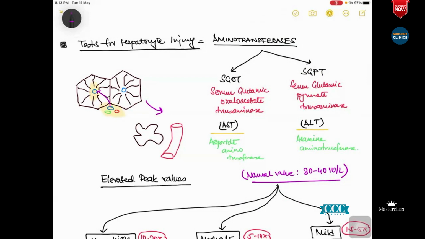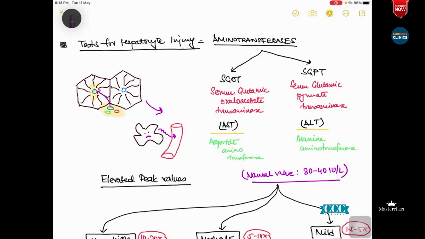Now there are cells, the hepatocytes, which synthesize a few enzymes. It has mitochondria, Golgi apparatus, and all of these things. Now suppose this hepatocyte is dead, by necrosis or apoptosis or anything. Whatever it has synthesized will come out into the blood, right? And that is when you get a few enzymes available in your serum that you analyze from the blood.